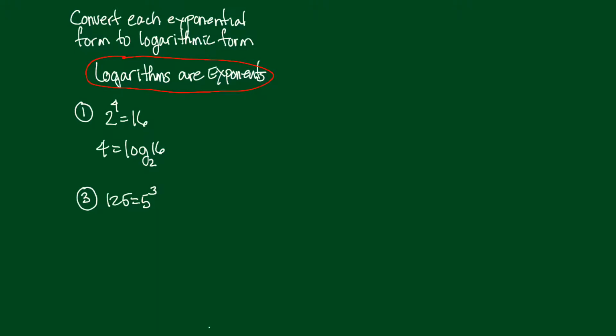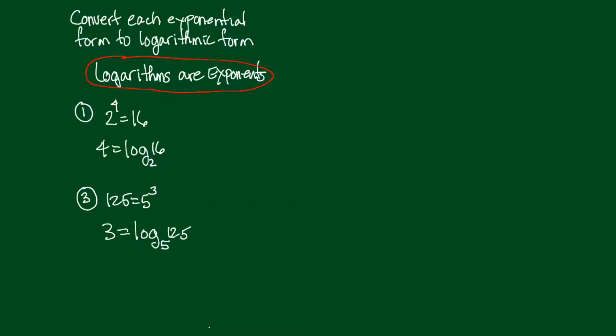And then number 3, 125 is 5 cubed. This is a true statement. What's the exponent here? The exponent is 3. So I'm going to write it. 3 is the exponent, but I'll spell exponent with L-O-G. And the base, drop that down, 5 of